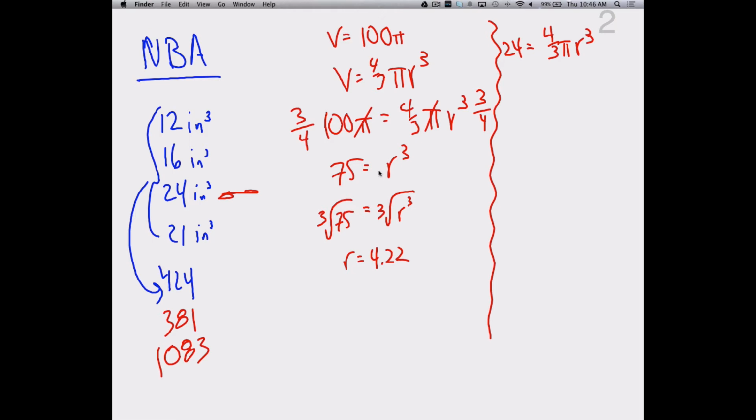I would take 24 divided by pi, hit enter, then take that answer and multiply it by 3, hit enter, then take that answer and divide it by 4. Or you could take 4 divided by 3, enter, times pi, enter, then type in 24 divided by the answer. There's a lot of different ways you can do it. Regardless, when you do it, you get the r cubed value being